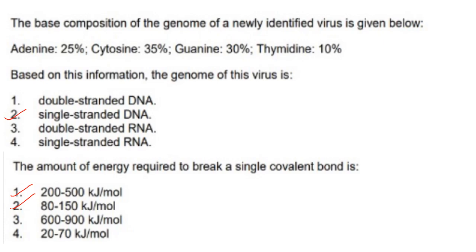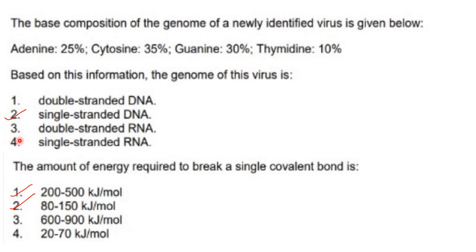The base composition of a genome of a newly identified virus is given below. Adenine 25%, cytosine 35%, guanine 30%, thymidine 10%. Based on this information, the genome of the virus is. Since thymidine is present, it is not RNA. So options 3 and 4 can be